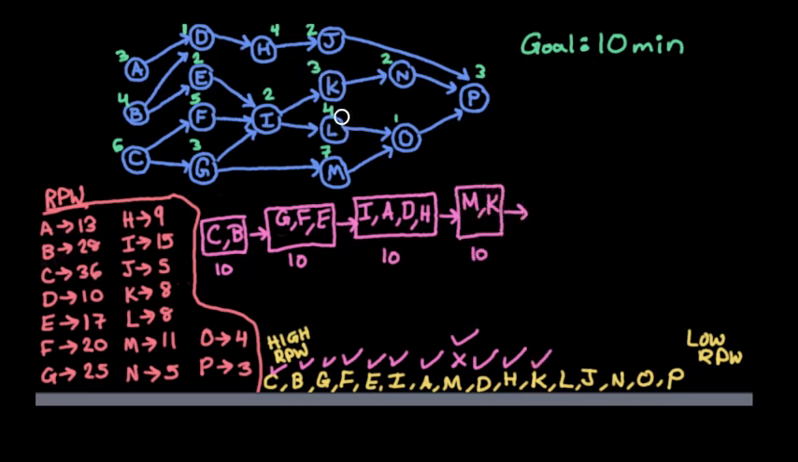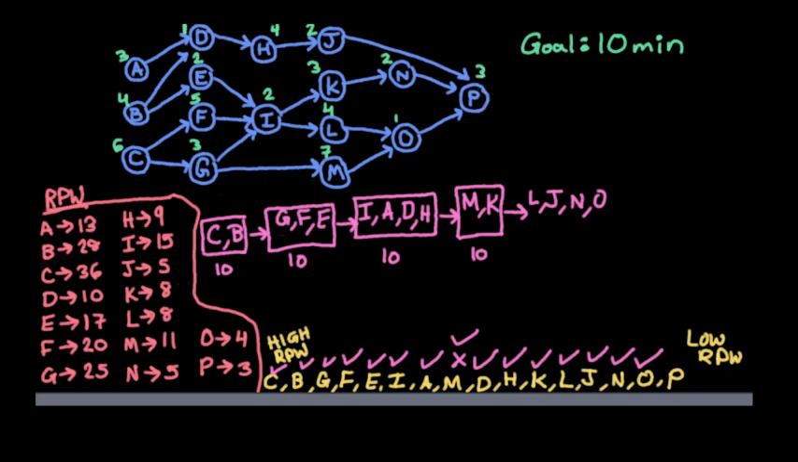All right, L is 4, so that'll fit. Then we can throw in J at 2 minutes, so that'll bring our total up to 6 minutes. Can we do N? Yep, because K's already been done. That'll bring our running total up to 8 minutes. We do O, yep, running total up to 9 minutes. Can we do P? No, because P is 3 minutes, so that would take us up to 12, and our